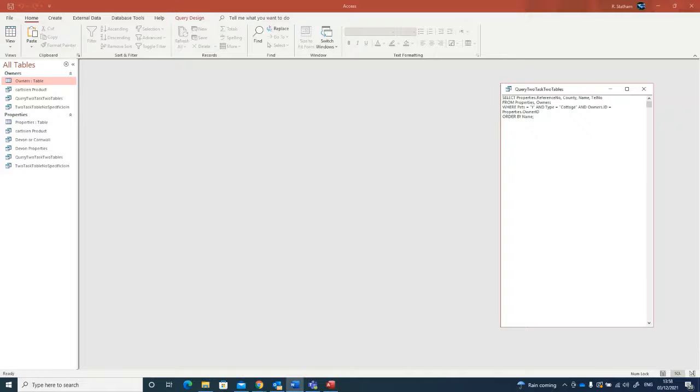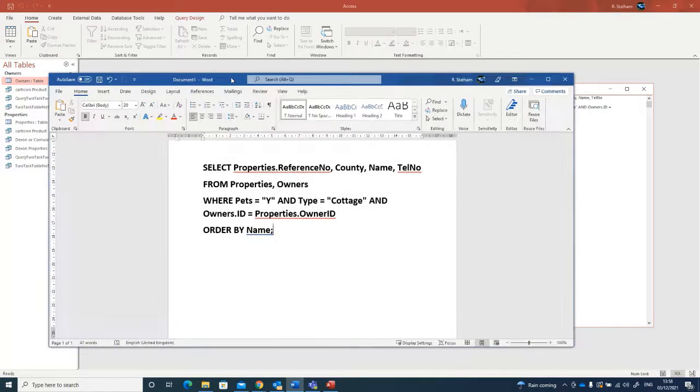So it would be good sometimes to need to write a query that takes data from both tables. So here's an SQL query that would do this. I'm selecting the reference number from properties, and if there's any doubt about whether two of the fields might have a similar name or the same name in both tables, then you can use this dot notation here, where properties is the table name, dot reference number being the field name,